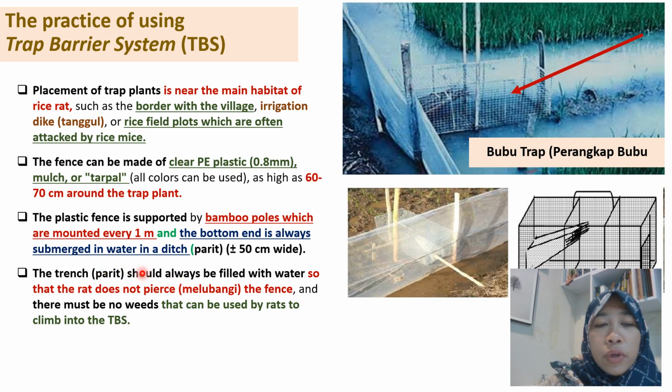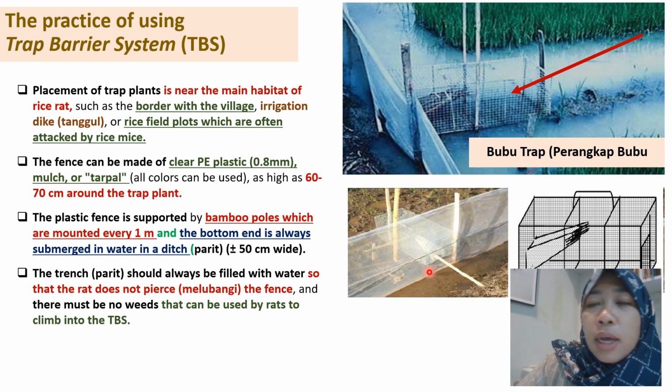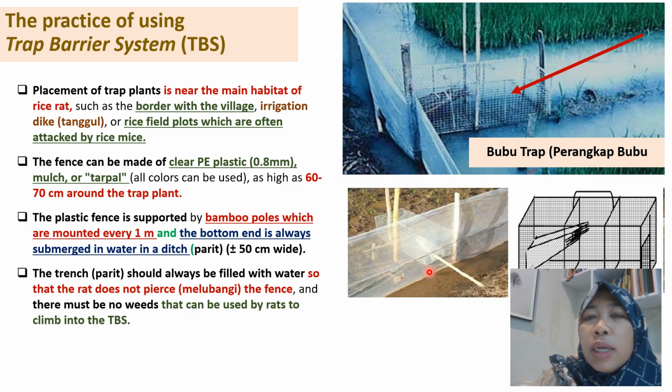The trench or the ditch should always be filled with water, as I told before, so that the rat does not pierce the fence, and there must be no weeds that can be used as barriers to climb into the place. Beside the ditch that should be filled with water, the other thing that we have to consider is no weeds near the TBS, because if there are weeds, the rat will climb the TBS, then the rat will enter the TBS easily and they will attack the paddy,